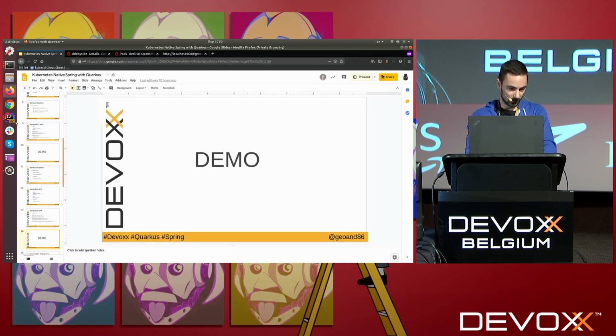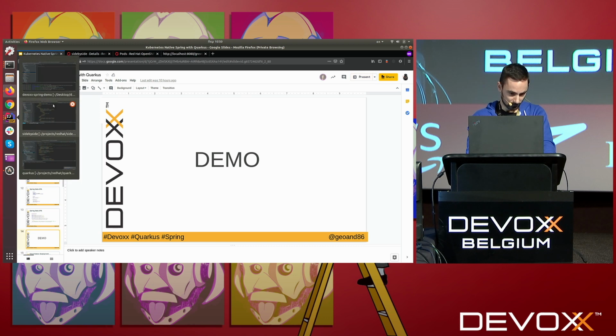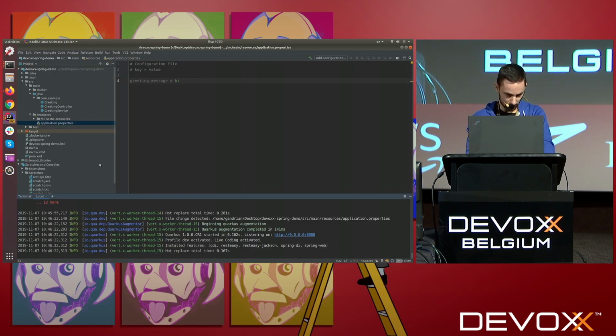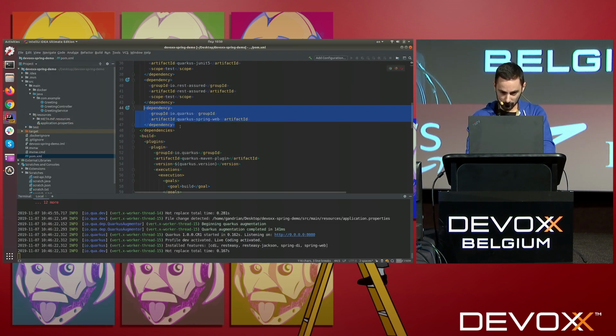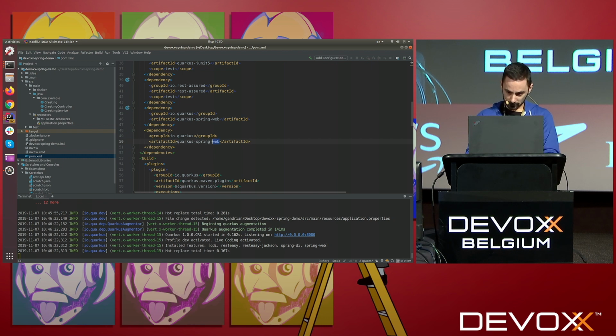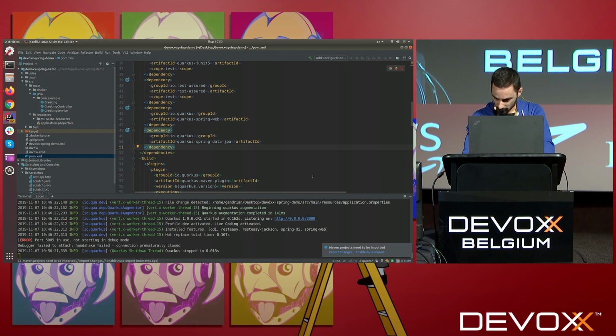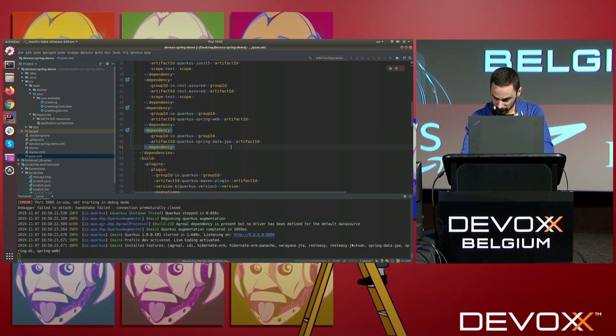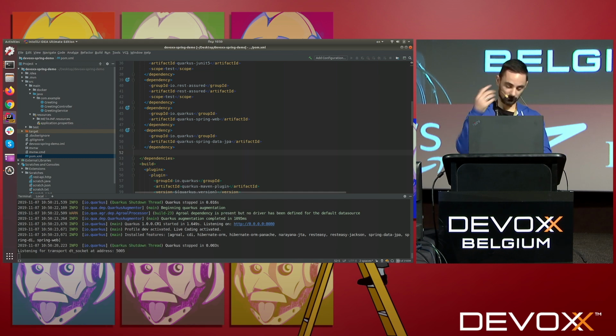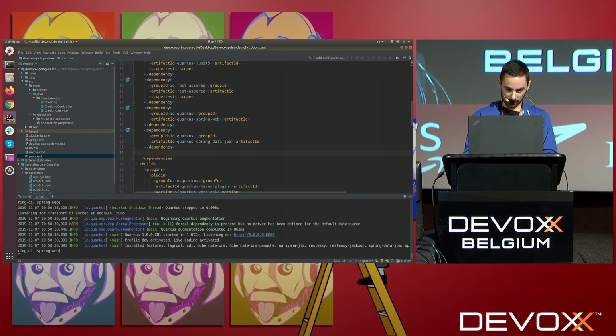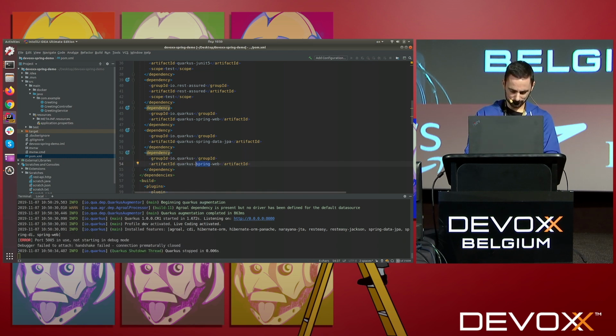So I still have my application here. My application is still running, so I'm going to use the same one. What I'm going to do is add the dependency that I talked about earlier, Spring Data JPA. That's great. I'm going to tell my IDE to enable auto import, just because I want it to give me autocomplete for the new stuff. And then, since I'm going to use H2 locally,